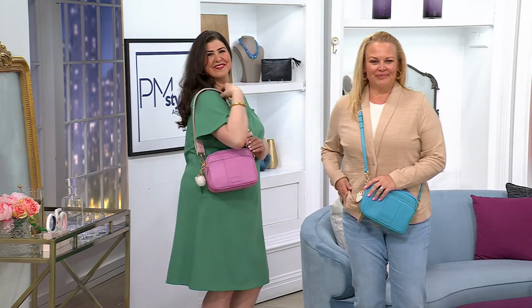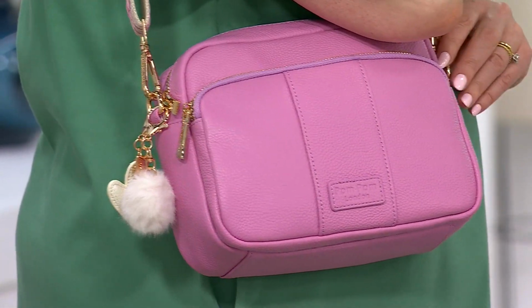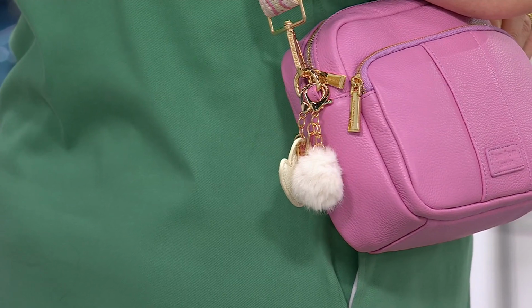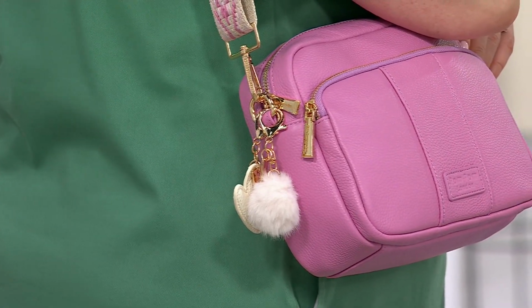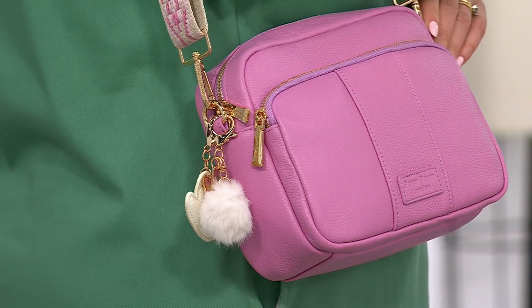Yes. So not only is the Pom Pom our little signature, so wherever you go, if you see someone else, you know you've got a fellow pom-pommer, but they also do serve a purpose to keep your bag safe and secure. Not sure if the camera's gonna...